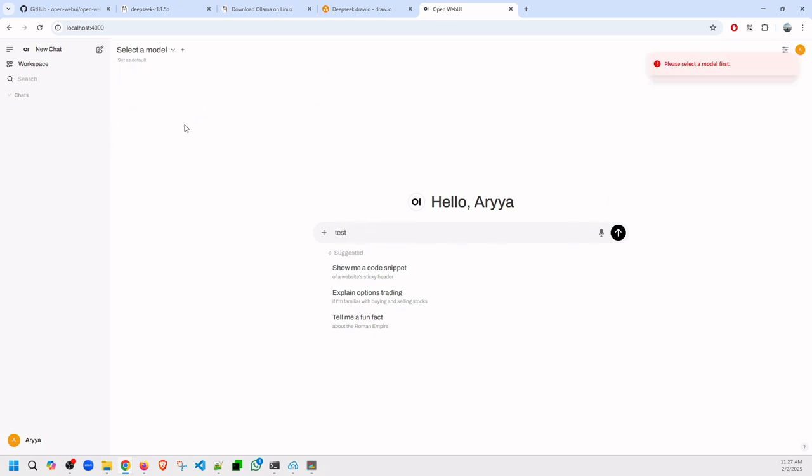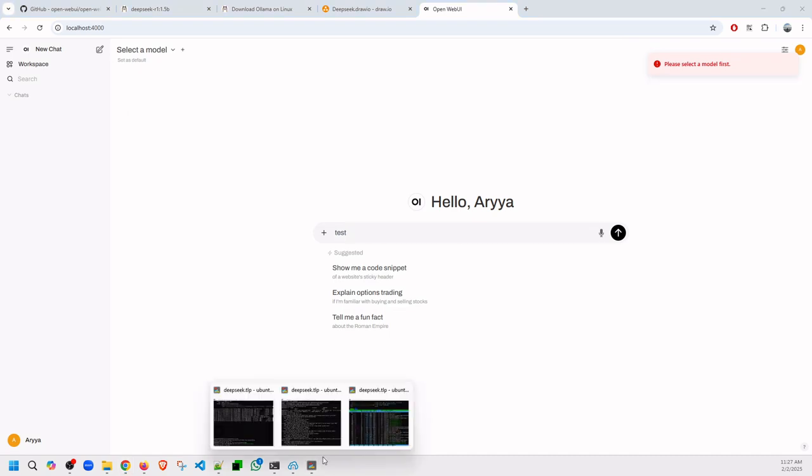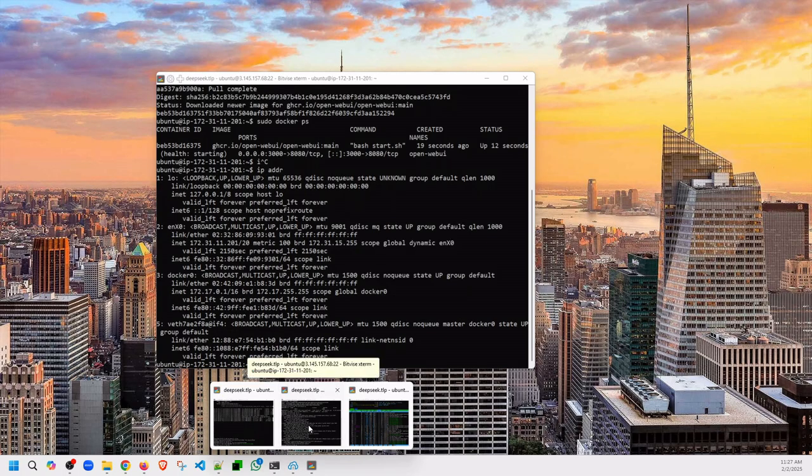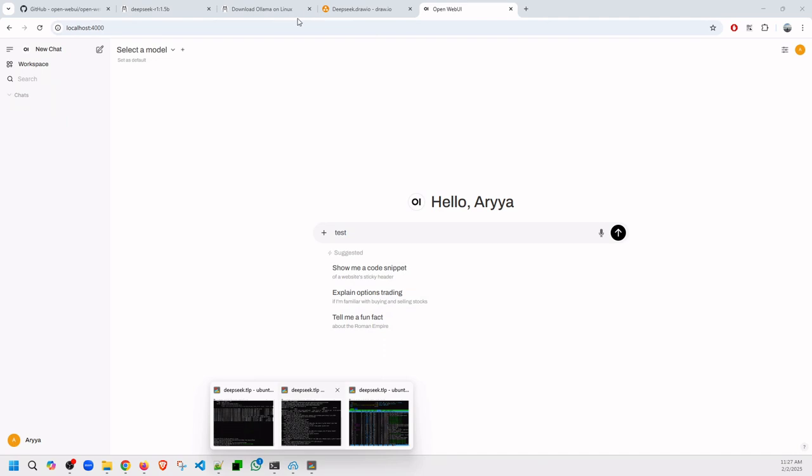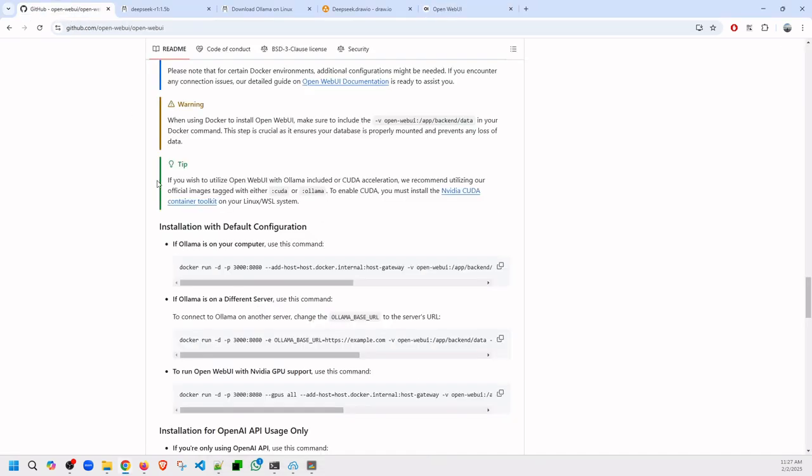See, no, nothing. There is no model. So the Deepseek is not detected. I think because of the integration with the Ollama is not working really good now. So let's see, the other way is like this one. I can pass the Ollama base URL, but before that I need to ensure that the Ollama is accessible. But for now the Ollama is only exposed to the local